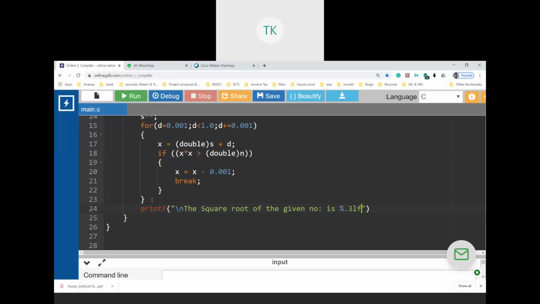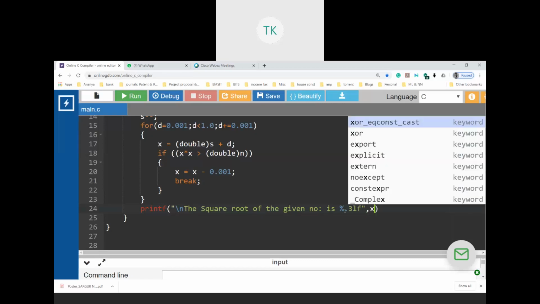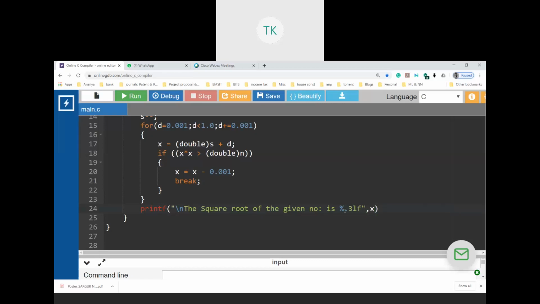So the maximum number of digits that I want the compiler to print would be 3 digits after the decimal point. You can make it 4, you can make it 5, whatever values that you want. So x, right? I have to print the x value. Great. So this is done.